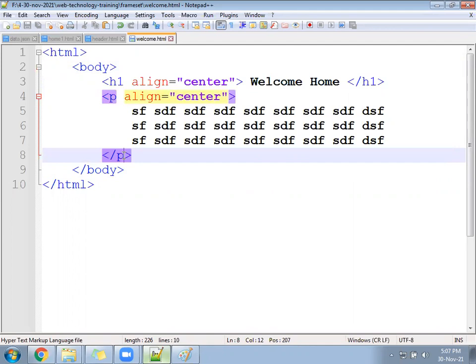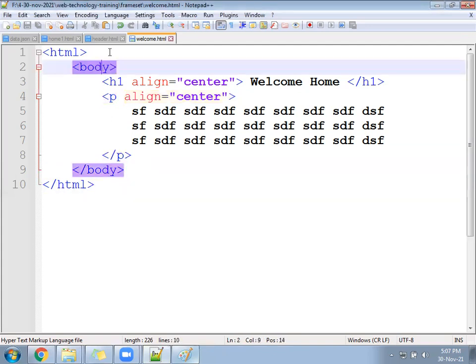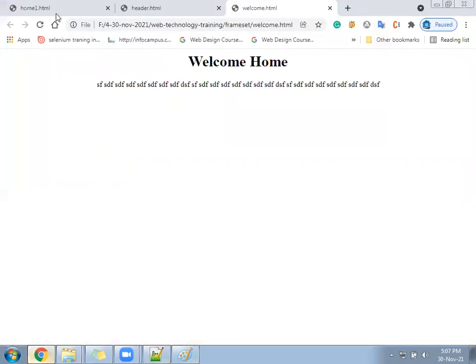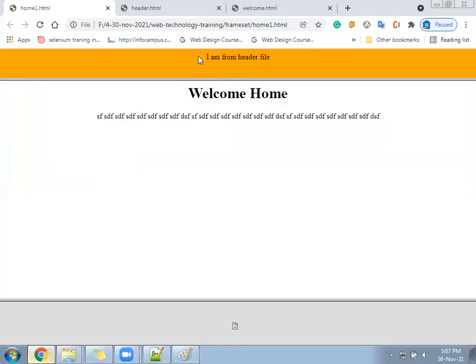The next file we will create is footer.html. If I run my home file, how will that look? That should look like this: header on the top and welcome in between.